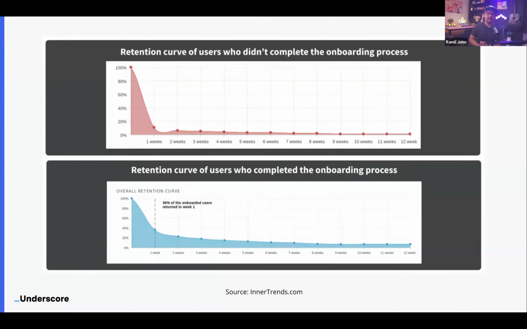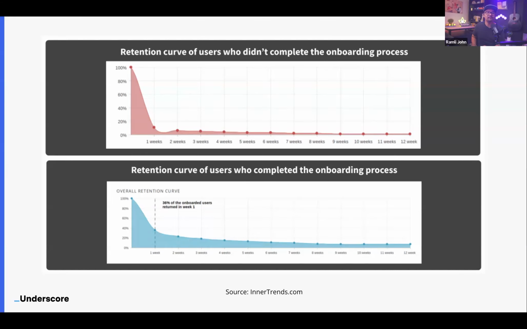people stick around longer, right? There's some data from Intertrends that if you can lift and really engage a new customer in that first week, within week 9 and week 10, there's actually an increase of 2 to 3 times higher that they're more likely to stick around. This is a retention curve where they looked at what the retention curve looks like if the user or customer didn't complete the onboarding versus one that did. And they obviously stuck around longer. And we know this instinctively, but it's cool to see data around it.